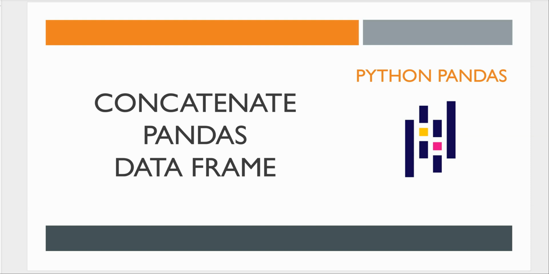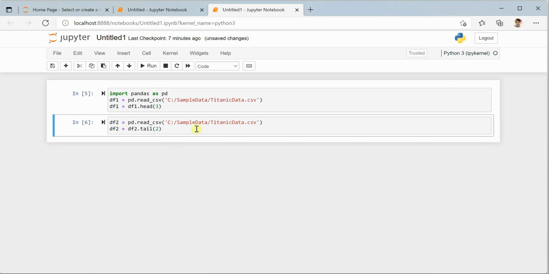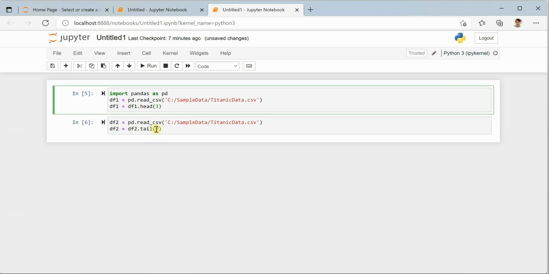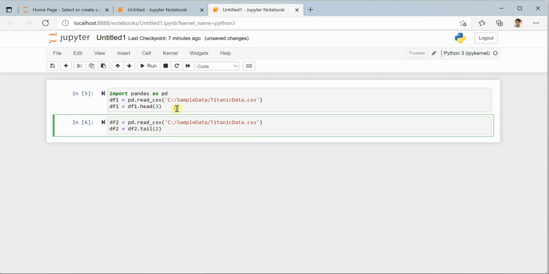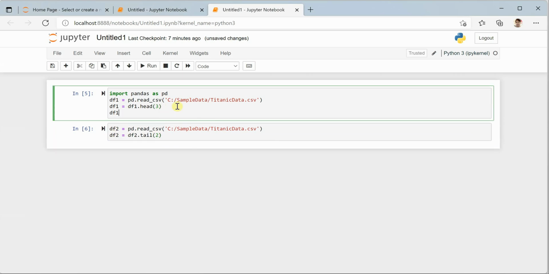Everyone, in this video I will explain the various ways to concatenate pandas data frames. So I am on my Jupyter notebook. Here I am considering the Titanic dataset as my data frames. The initial 3 rows I am reading and putting into data frame 1, and the last 2 rows I am putting into data frame 2. So let me quickly run it and